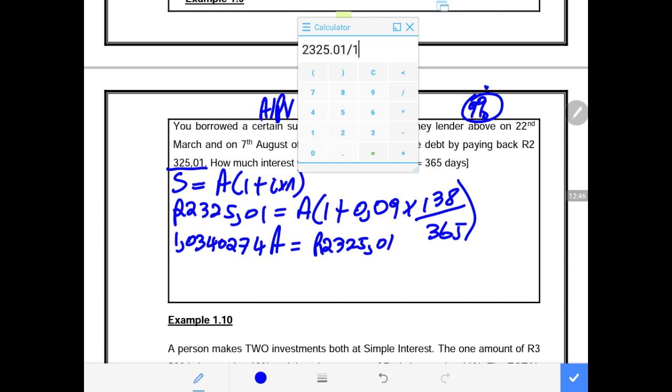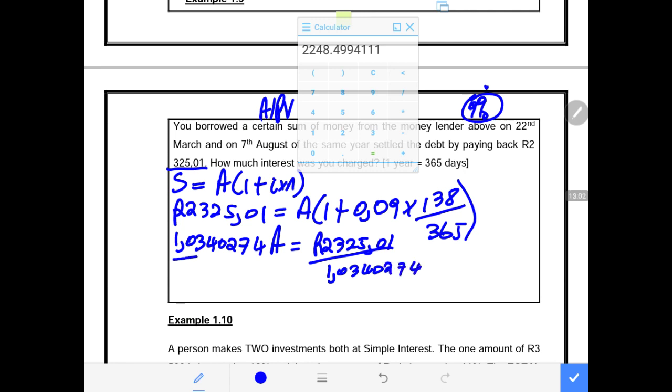2325.01 divided by 1.0340274, then that will be dividing 1.0340274. Remember, whatever you do on the left hand side, you also do it on the right hand side. Then we divide by 1.0340274. This cancels this. We are left with amount invested